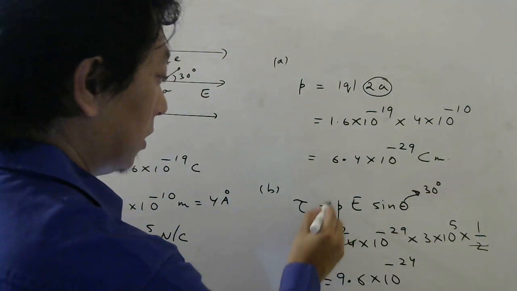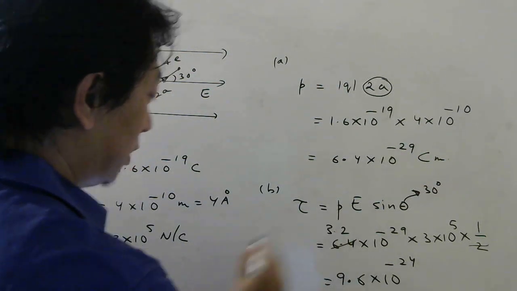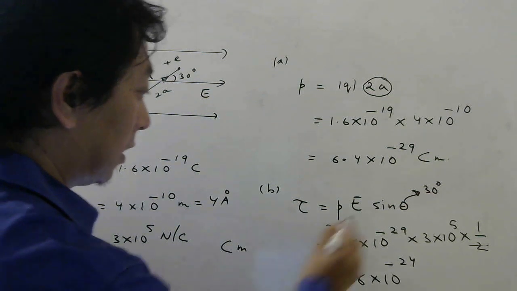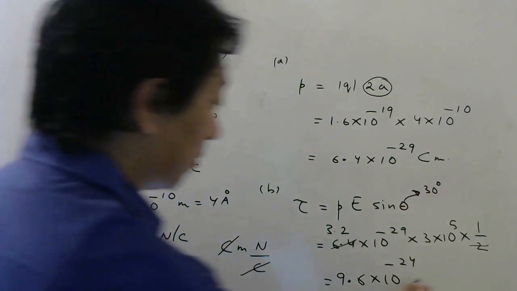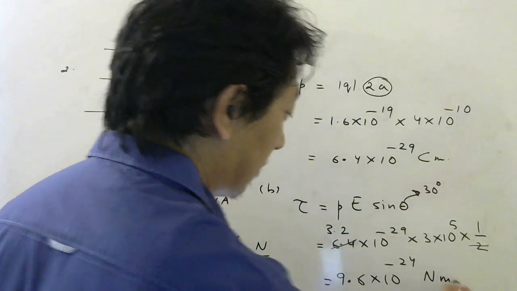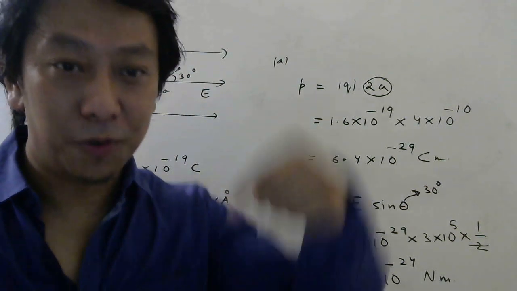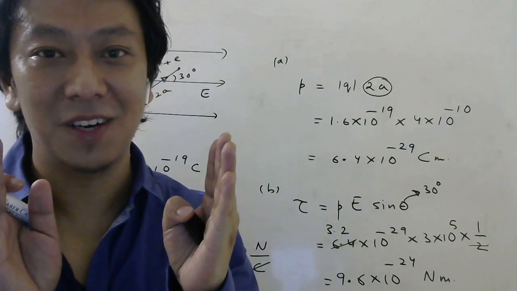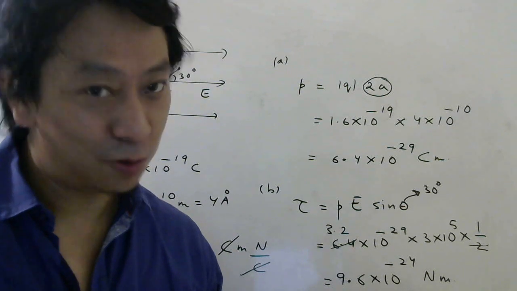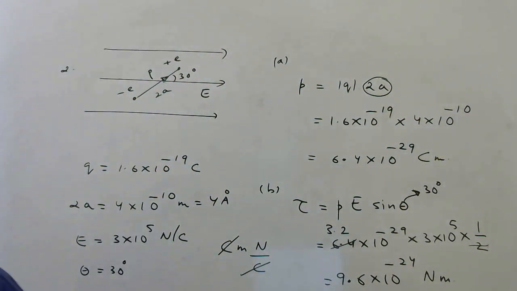Okay, so either you go to first PU and remember, or you can remember dipole moment is what? Coulomb meter. Electric field is what? Newton per coulomb. So coulomb cancels, it will be Newton meter. It has to be Newton meter because the definition of torque is force into perpendicular distance. So force is Newton, distance is meter. Okay, so we completed numerical exercise 4.